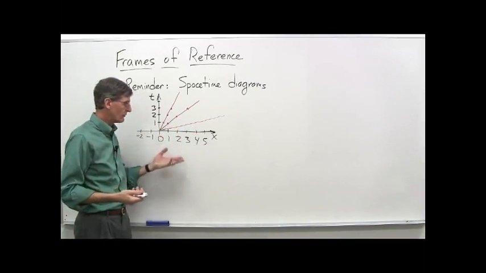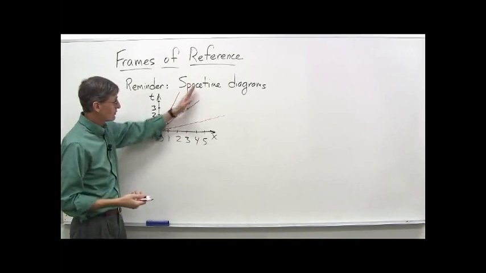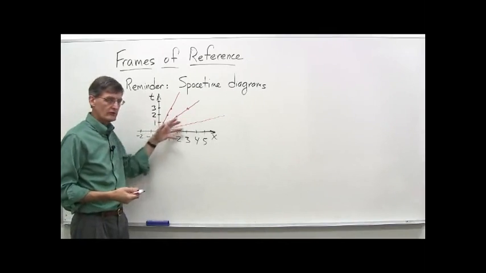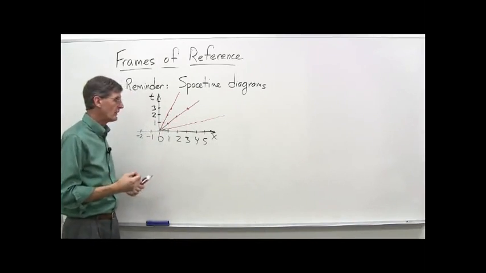We're not going to deal with cases of acceleration. If you do acceleration, so the velocity is changing on an object, you get curved lines going in various directions, not straight lines like that. So just a reminder about